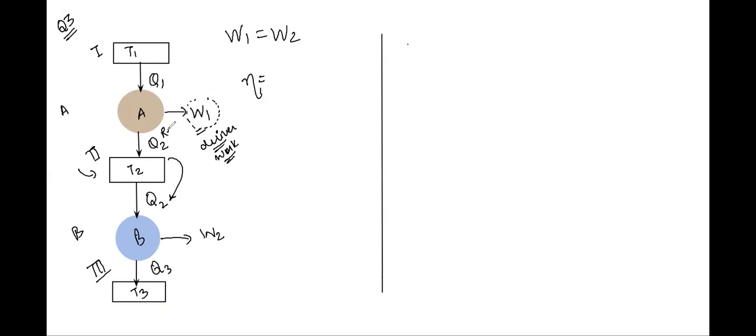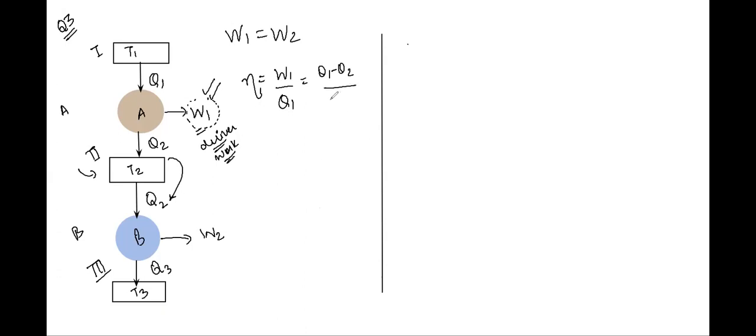Q2 is the rejected heat. This rejection was actually not desired. In fact, we would be most happy if Q2 would be 0. Our aim was to get W1 as the output. So W1 is the output, and what is the input? The input is Q1. So this gives me the efficiency, correct? And we can see the relation that W1 is Q1 minus Q2, correct? Let's write this.